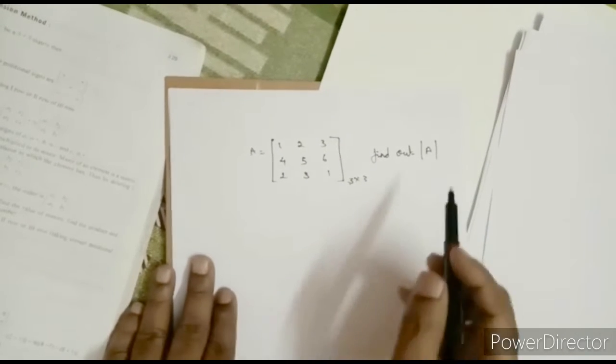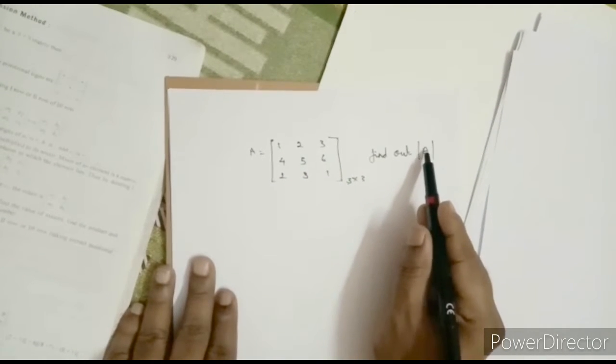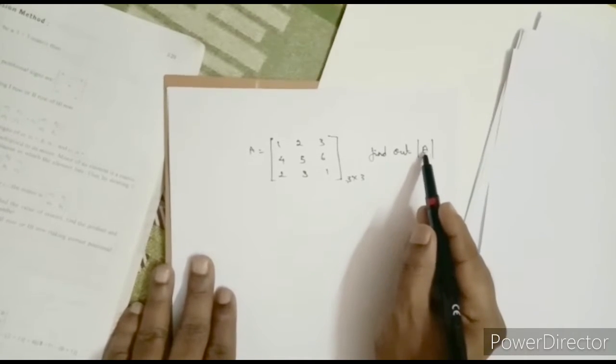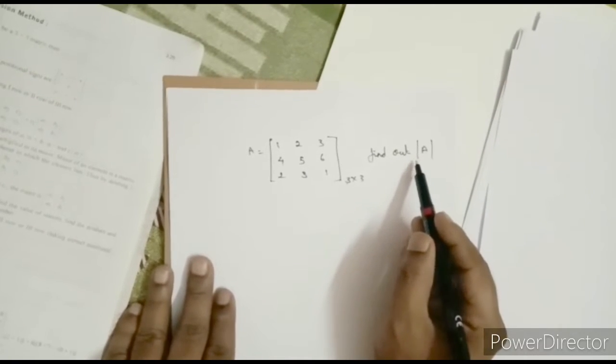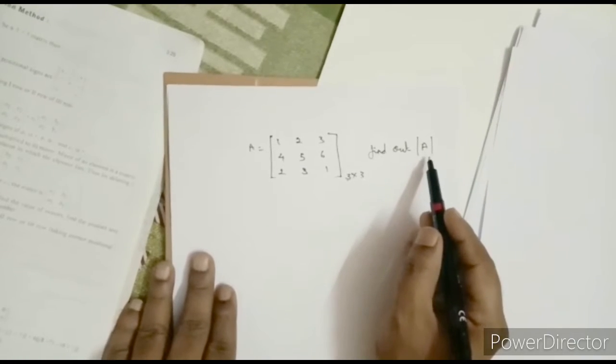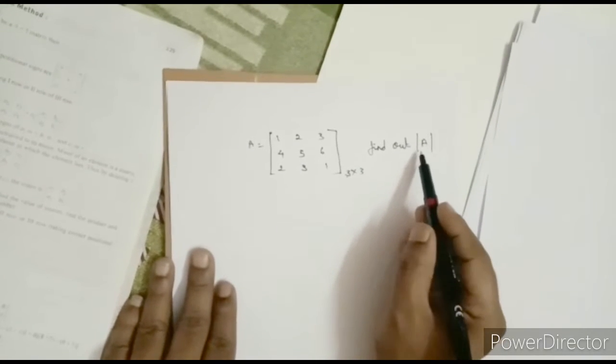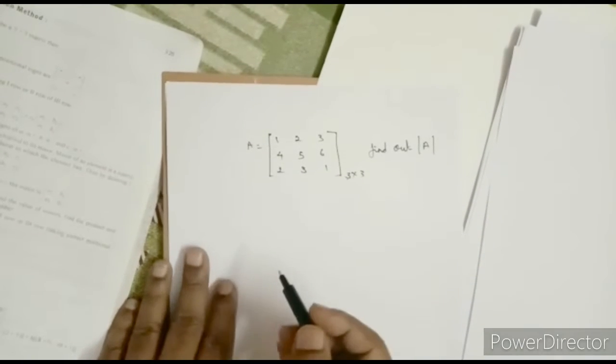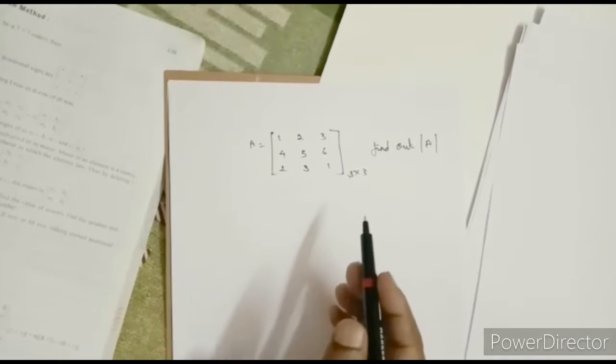As I said, whenever within the two parallel lines they mention it as A, then it means that we need to find out the determinant of the square matrix, that is det A. Det A we need to find out. See, when it comes to three rows and three columns,